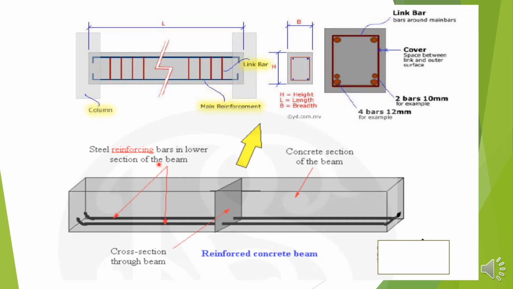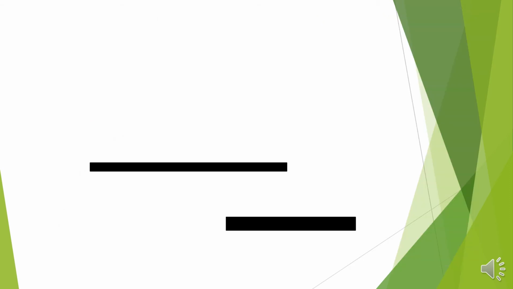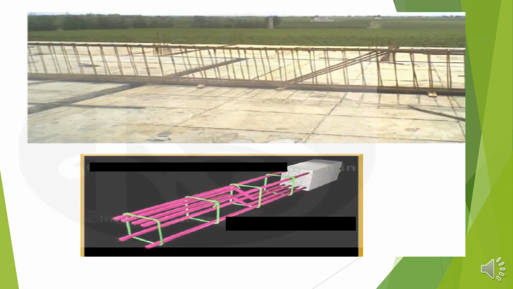This is a beam. These are the steel reinforcement bars in the lower section of the beam. Here is the concreting section of the beam, and these are the steel bars at the bottom. In the field, you can see how these crank bars have been positioned, and how the beam section has been provided. This is generally the methodology of tying the beam bars and lowering it at the next.